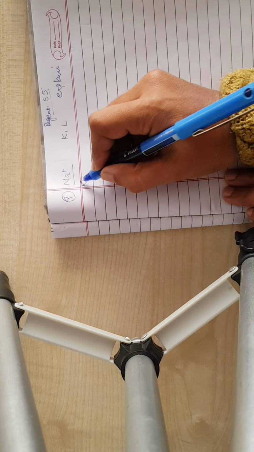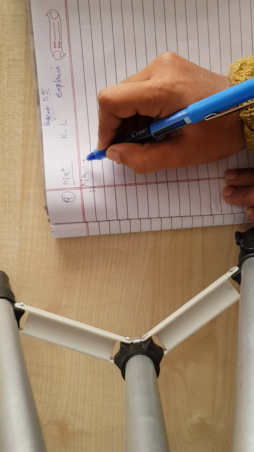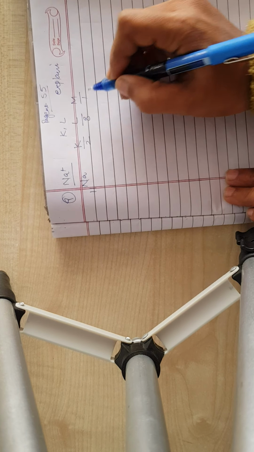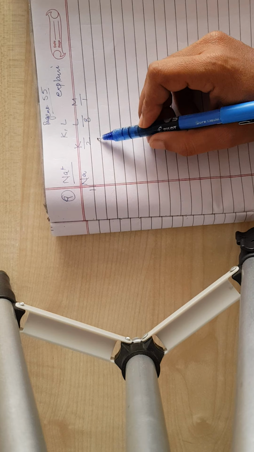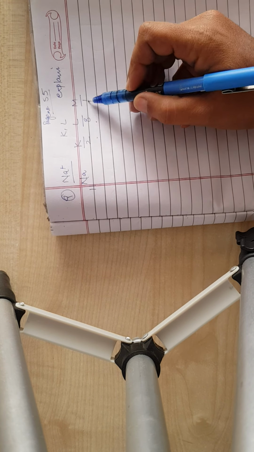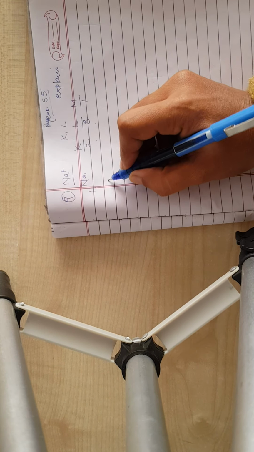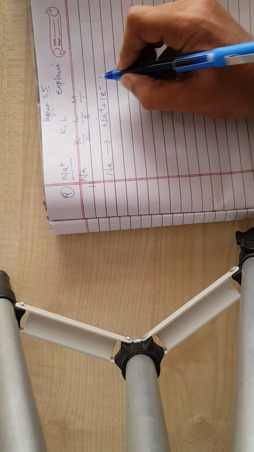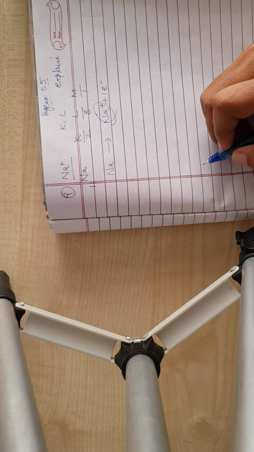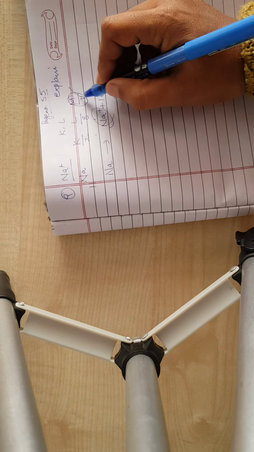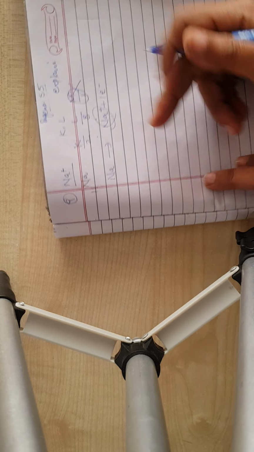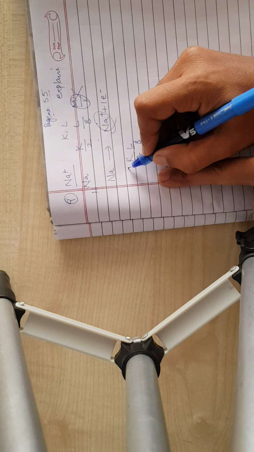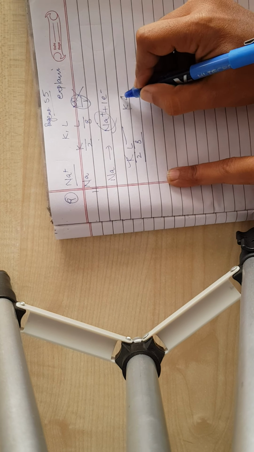First of all, we will write the configuration of sodium with atomic number 11: K, L and M. It has 2 electrons, 8 electrons and 1 electron. 2 electrons in the first shell, 8 electrons in the second shell and 1 electron in the last shell. When it loses one of its electrons, it becomes the sodium ion. So we will remove this electron from the last shell. So its configuration will be K2 L8, which means K and L are completely filled.